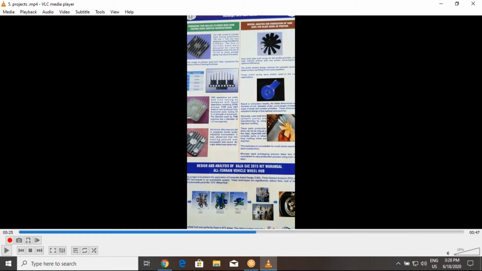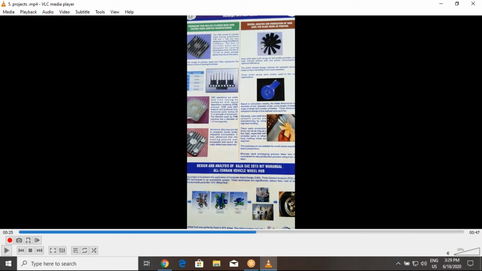It is not shown clearly, but I will tell you the project names. One is producing a thin walled cylinder head using sand casting. Here we can see the first one is the cylinder head, which has fins. These are the cross sections, with fins varying from 1.5 mm to 5 mm. Generally, producing this type of cylinder head with varying fin heights using CNC milling is very difficult, taking too much cost and a lot of time.